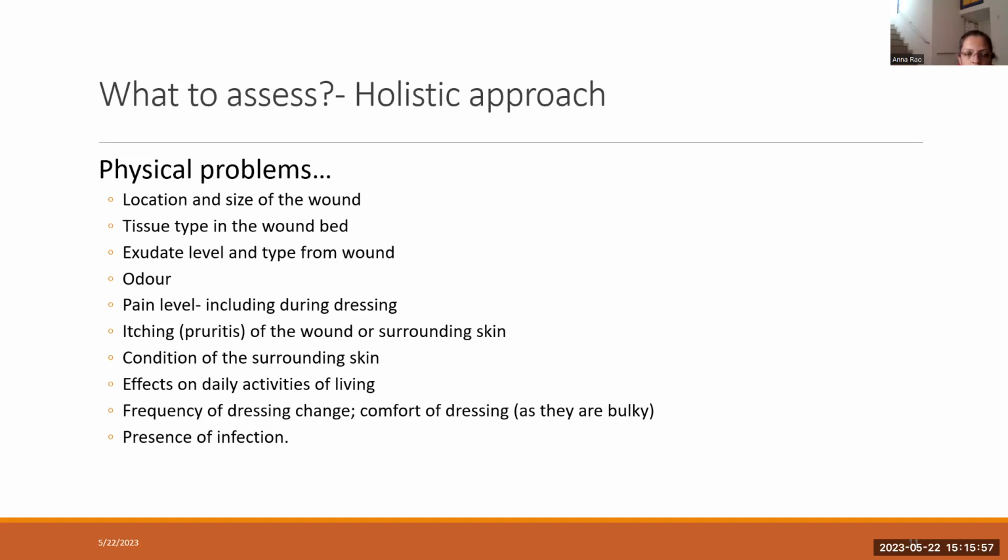We just said that pH is changing. So there will be a lot of pruritus also, right? Surrounding skin will be very soggy, always moist, right? And it will cause a lot of problems. So there also some injury to the skin will be taking place. Then how much